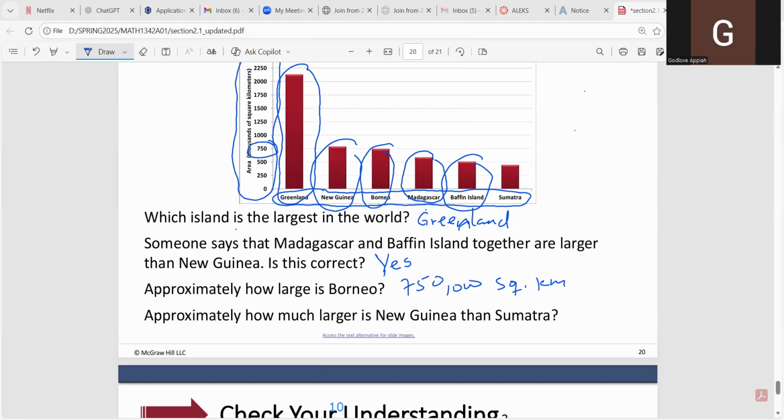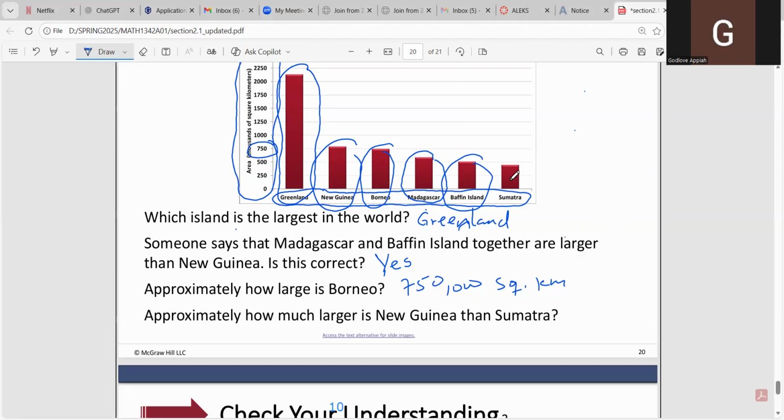All right, so Trip, it is not 400,000. It's going to be approximately 250,000 square kilometers. So all those who are close to 250,000 that would be right, because it's just an approximate value. So if you're a little bit off the 250,000, I will give it to you on an exam. I'll give you the full credit.